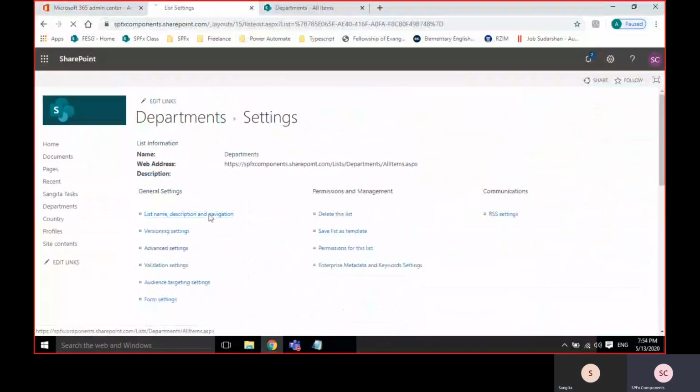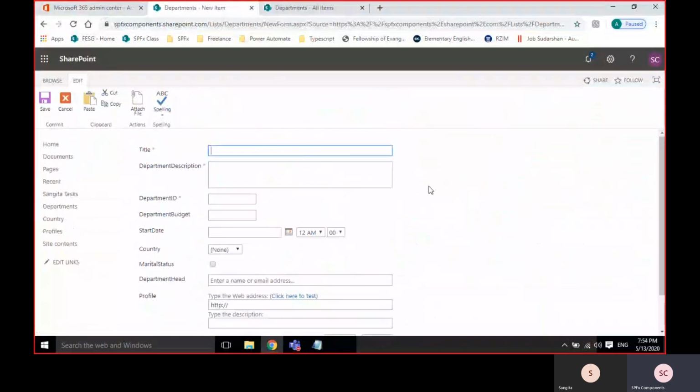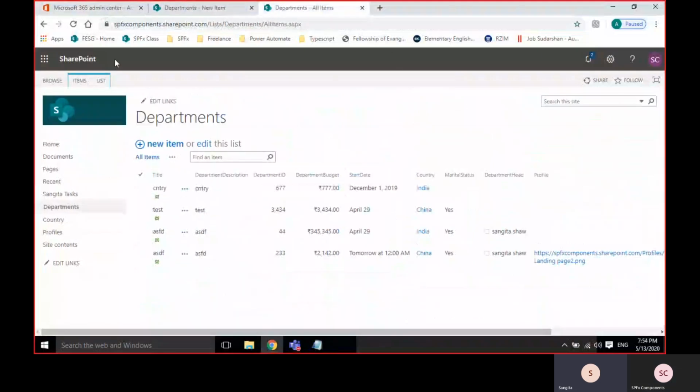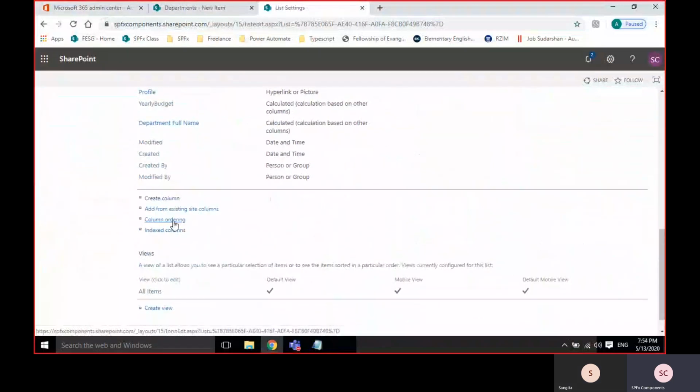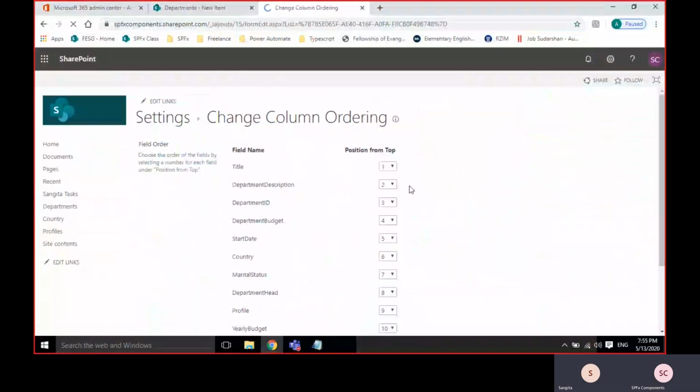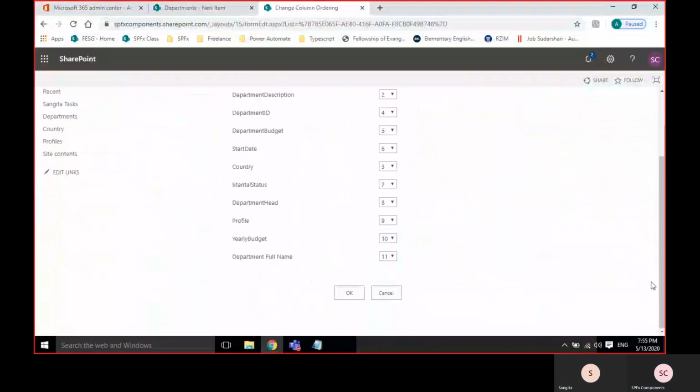The next one: I am clicking on new item, and this is the form. Sometimes a customer will ask you for title, department description, then I need country, instead of before department ID, I want country. In that situation, just go here and you will see column order. 1, 2, 3, I'll give 3.